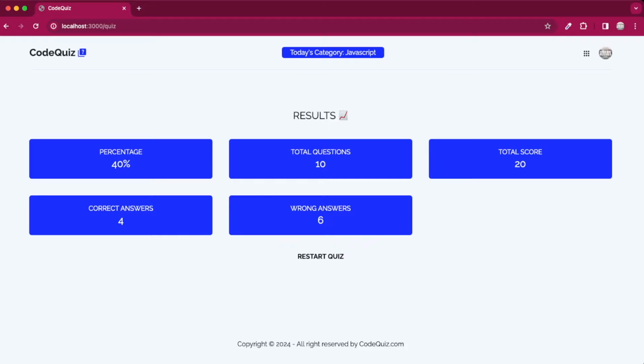And as you can see, we get our results. I scored 40%. We got our total questions. We have the options to add more questions if we want. We got our total score, which we scored 20. Correct answers, I got 4. And wrong answers, I got 6. So I got the options to restart the quiz if I want, but I'd rather go ahead and check out